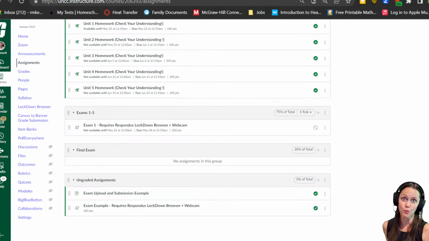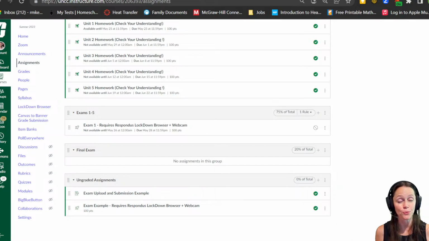once you go through the motion of taking the picture and you close out of the lockdown browser, after you've done that, I do ask that you actually scan your work in as a PDF. I use Adobe Scan on my phone. It works pretty well. If you've got another scanner app that you like, use that. That's fine. Or if you've got an actual physical scanner, use that. And then you can upload that to the exam upload and submission example. So it sounds convoluted, but